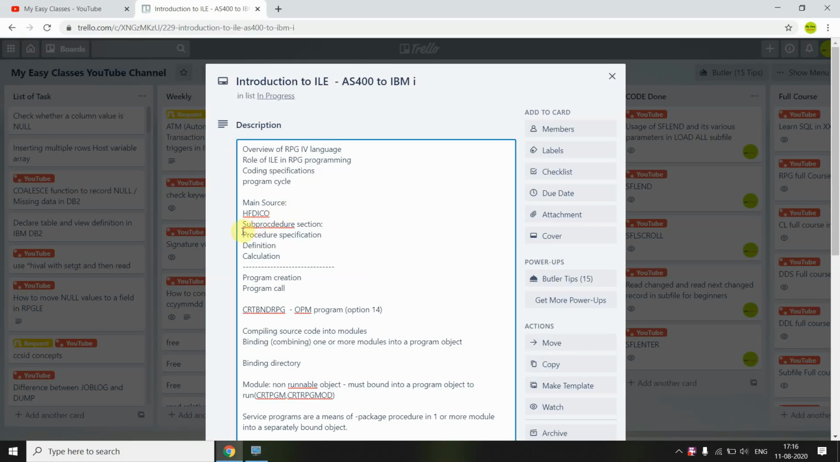So here we have a procedure specification where we have procedure begin and end, and inside that we have the definition and calculation, which is limited to the scope of that procedure only. So whatever variables we are defining in that procedure are limited to the scope of that sub procedure. Okay, now